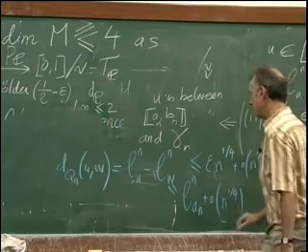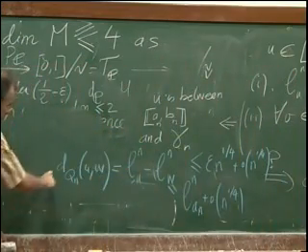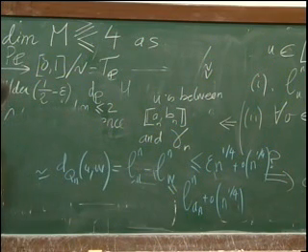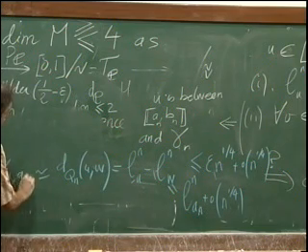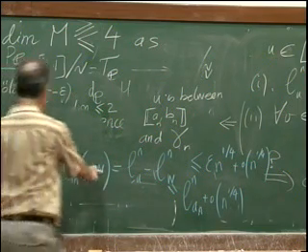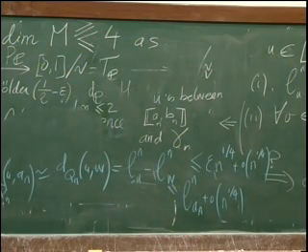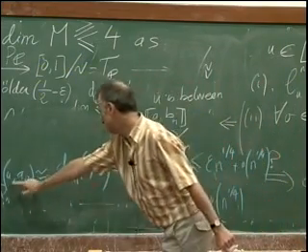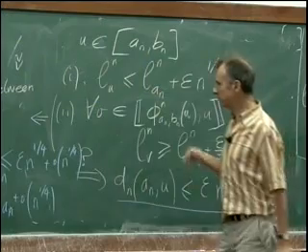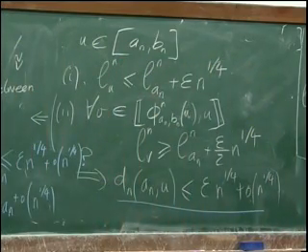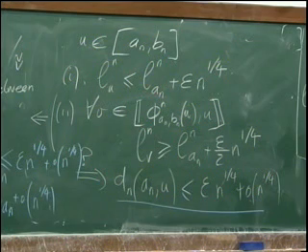Okay? And what is on the left now is essentially the same as dqn of u to an. Again, for the same reason that w is on the geodesic from an to bn, and this geodesic has a length which is small in comparison to n to the power quarter. So if you look at what I have obtained, dqn of u to an is smaller than epsilon n to the power quarter. This is what I wanted to get. So this is what you get in the discrete picture, and you need to pass to the limit again to obtain this property here.